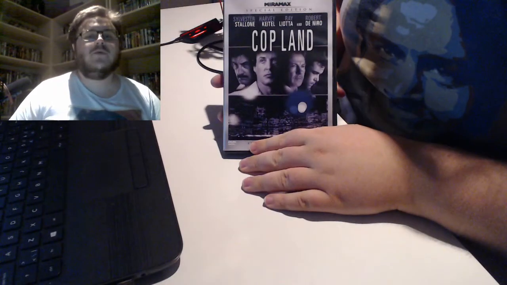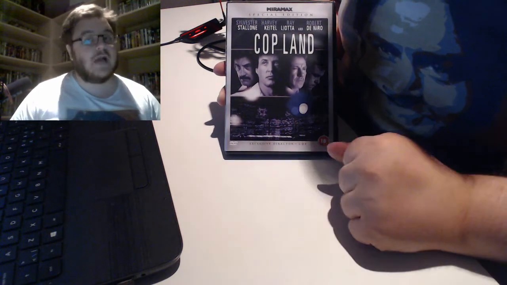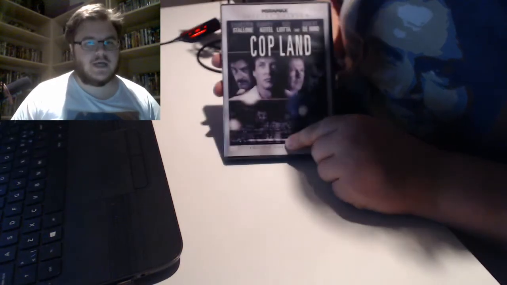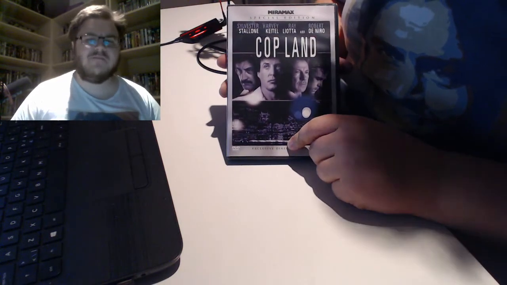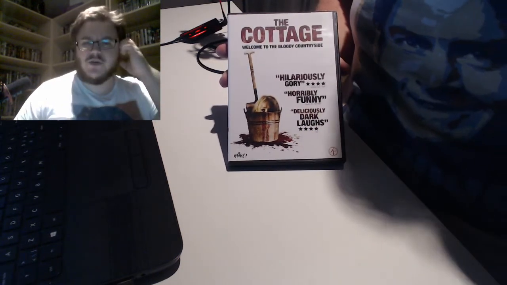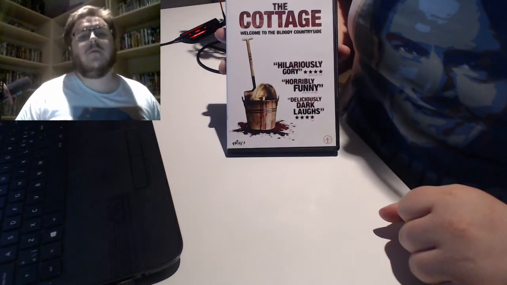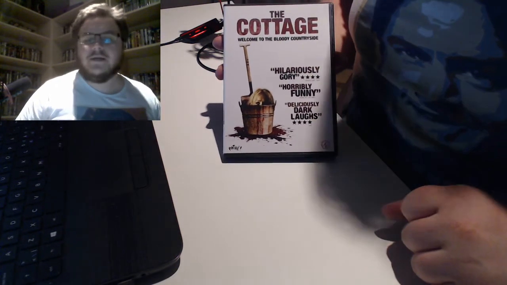Copland. When Sylvester Stallone tried to be a bona fide actor, he does a really good job in this one. This is the director's cut, which I usually kind of prefer theatrical cuts, but this one is actually really, really good. The Cottage, kind of a strange, quirky hillbilly horror movie from Great Britain.